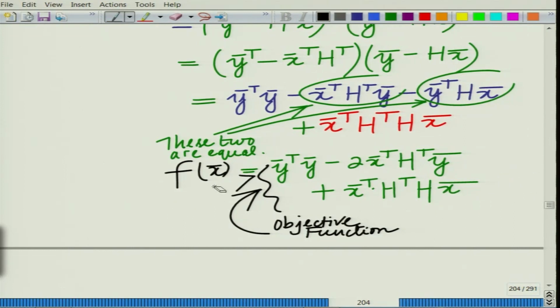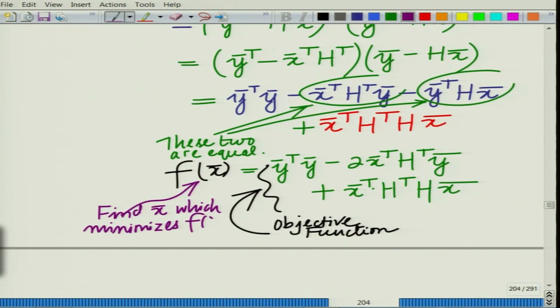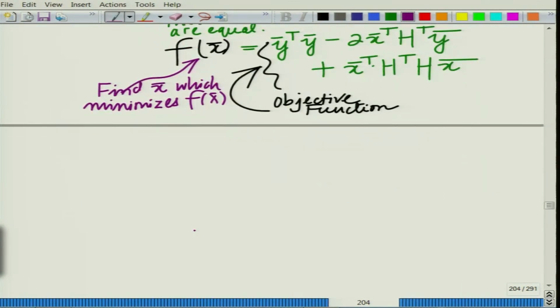Find the x bar which minimizes this objective function. The task is very simple: find x bar which minimizes f of x bar. And the way to do it is a very straightforward procedure which is known as the KKT